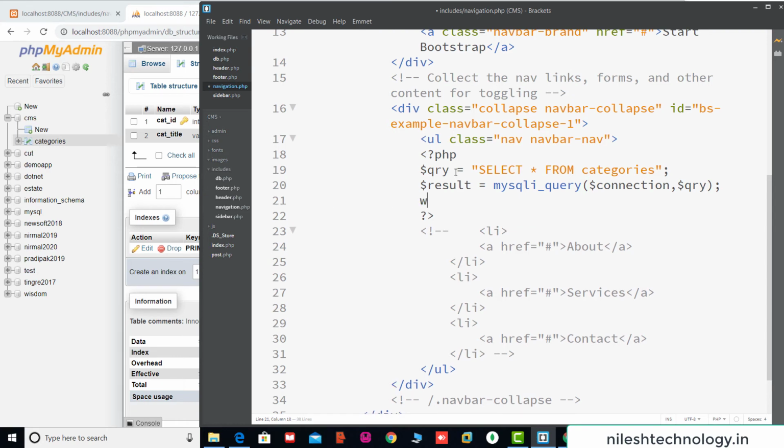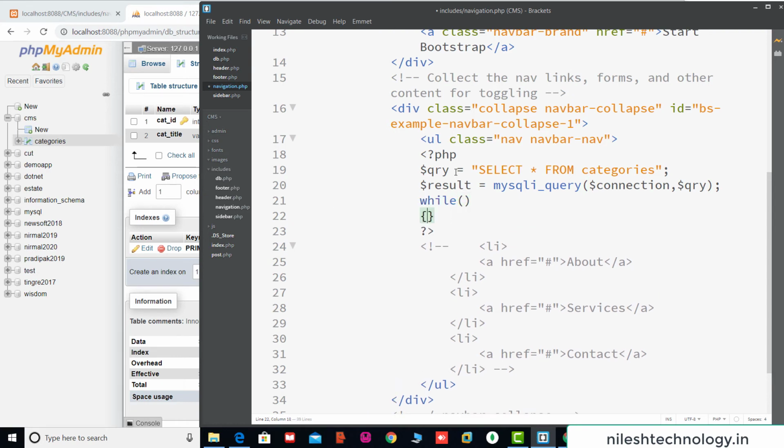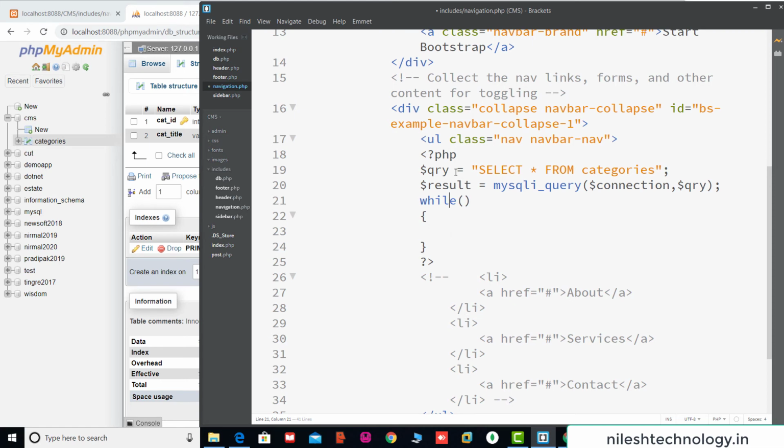Then we use a while loop because there is more than one category, so fetch all this data row-wise using the mysqli_fetch_assoc function, and pass your result. Then store this category into the category title variable: $row of cat_title column.